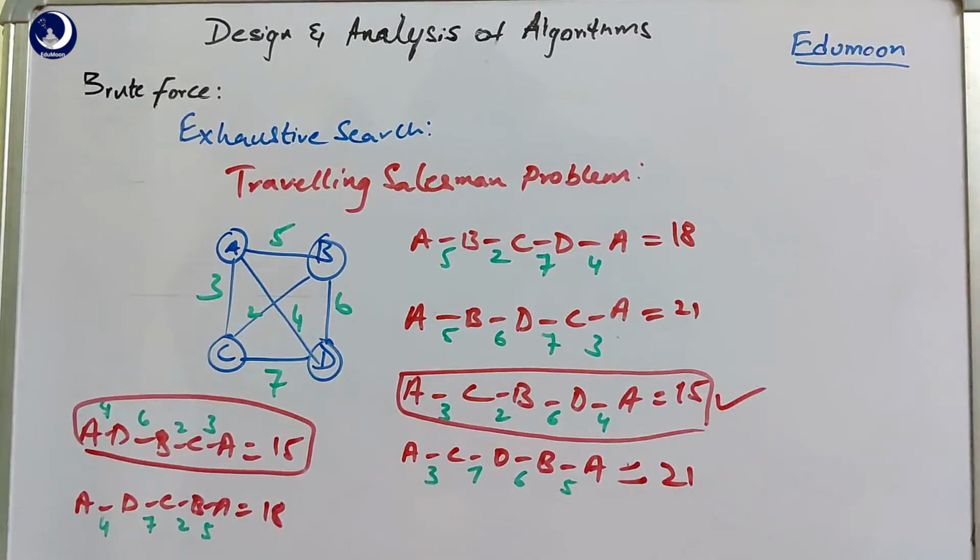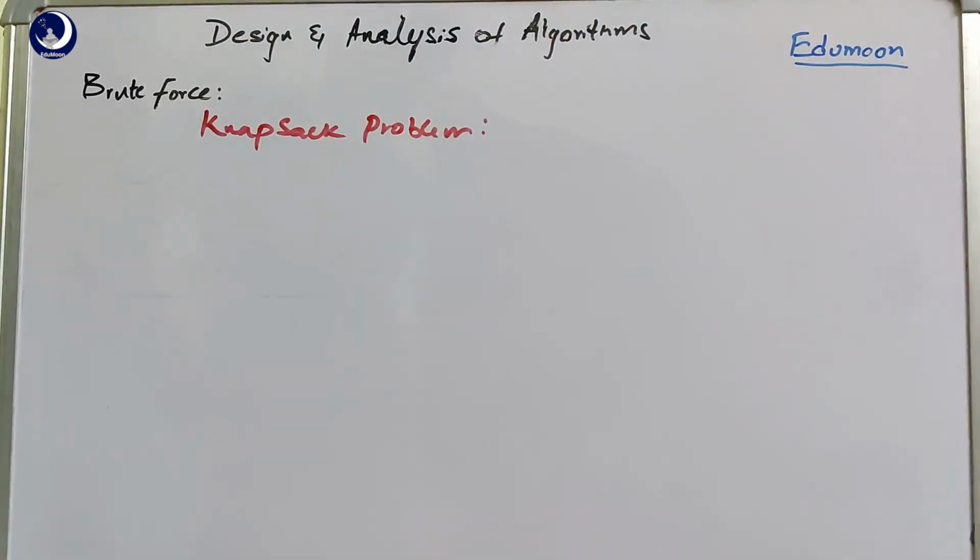So the next one is the knapsack problem. Here, assume that we have a knapsack, which is like a small bag, and it has a maximum weight, so it can hold items only up to that weight. We also have some possible items, each having a weight and a value. Now the motto of this problem is that we need to select and put some items in the knapsack so that we get the maximum profit, without exceeding the total weight that the knapsack can hold. So let us take an example here.